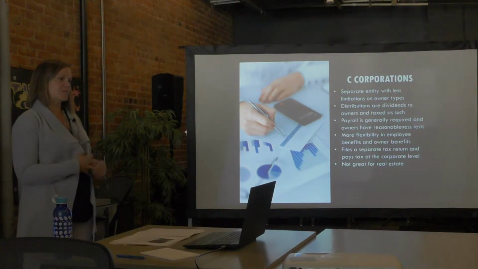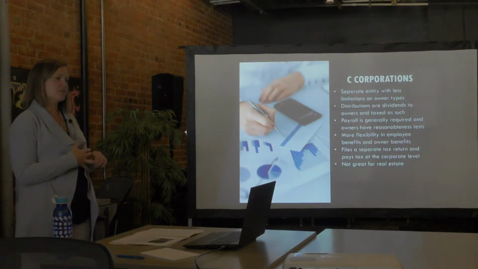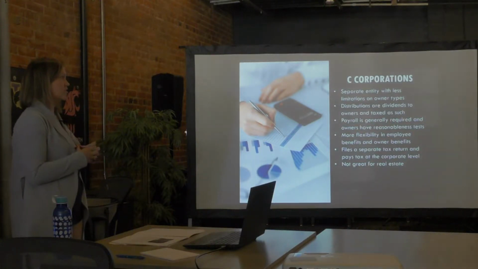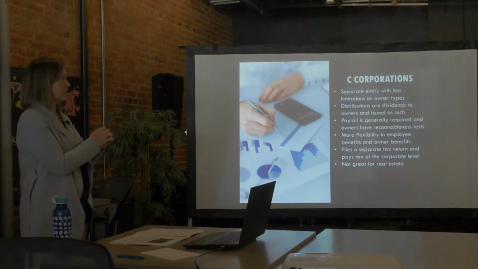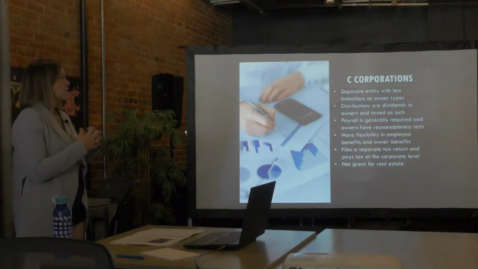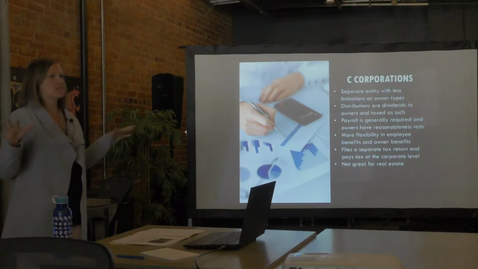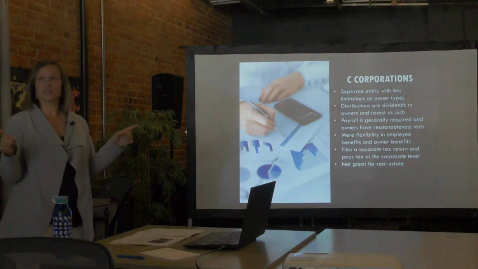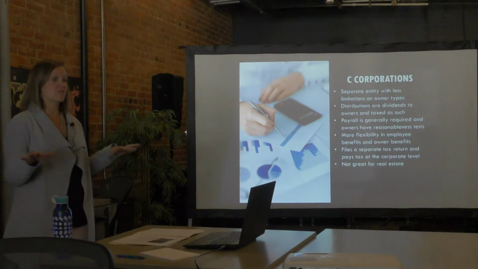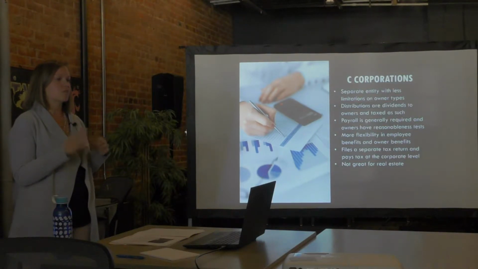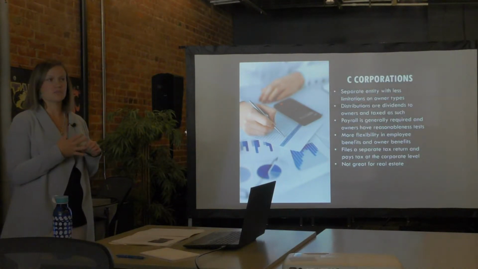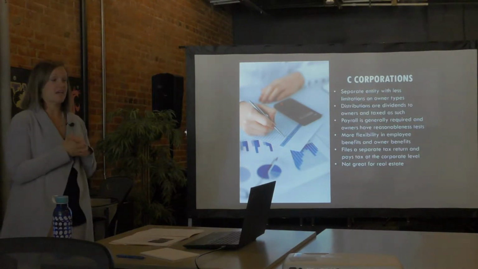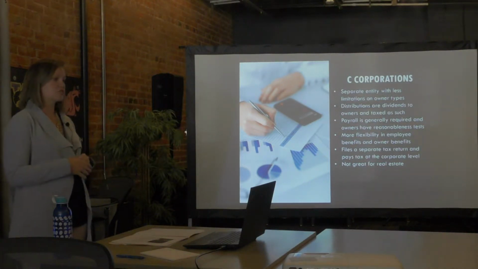Okay, we'll talk real quick about C Corps. Basically anyone can own a C Corp, so there are fewer limitations on the owner types compared to S Corps, where it was very strict. But in the C corporation, the entity itself pays tax. It is its own separate entity. And then if I give dividends out as distributions, those are taxed to the owners. There are qualified dividend rates that are a little bit more preferential, but it's still basically two levels of tax in a C corporation and then the distribution to owners.